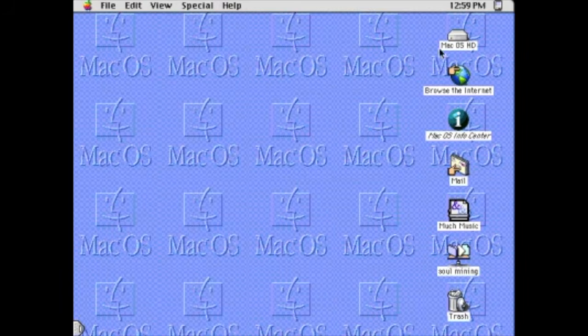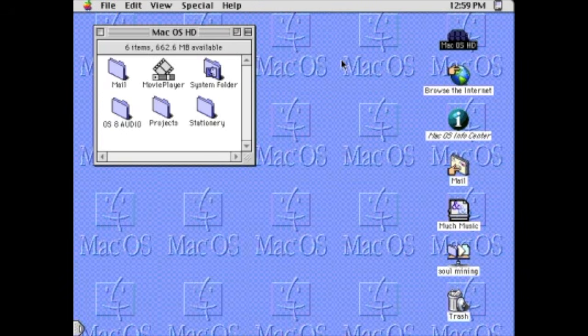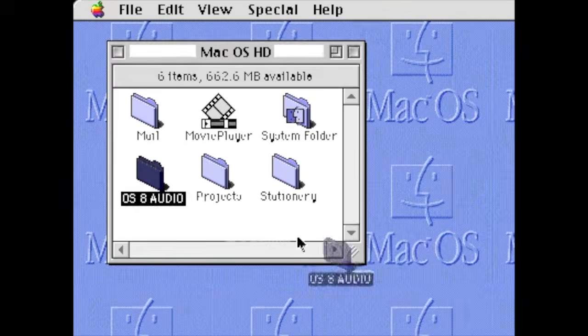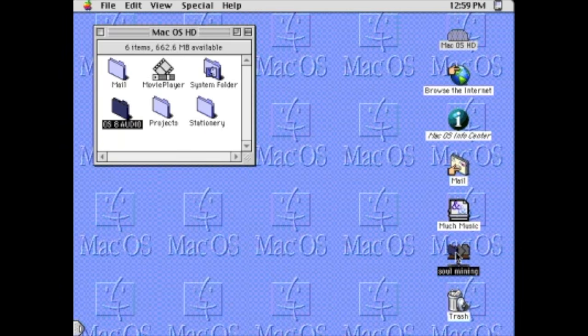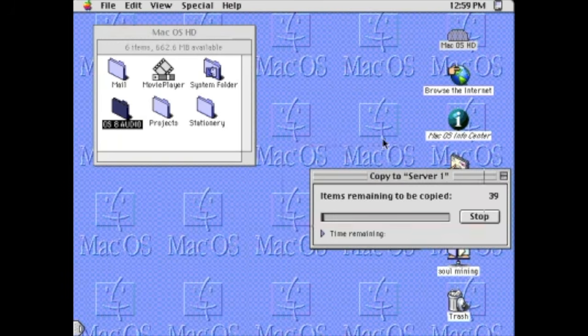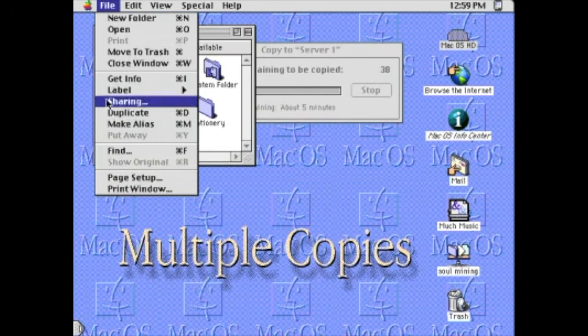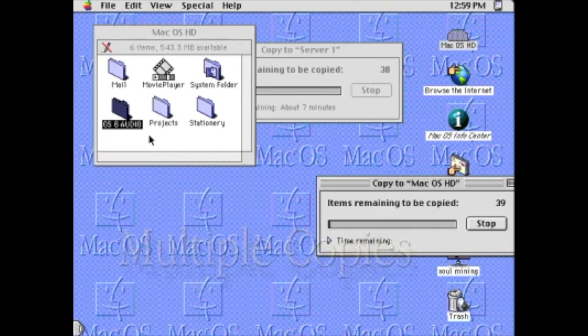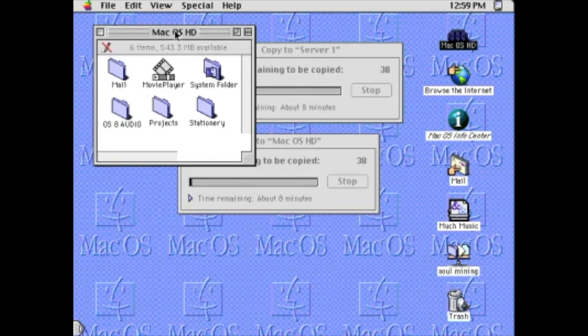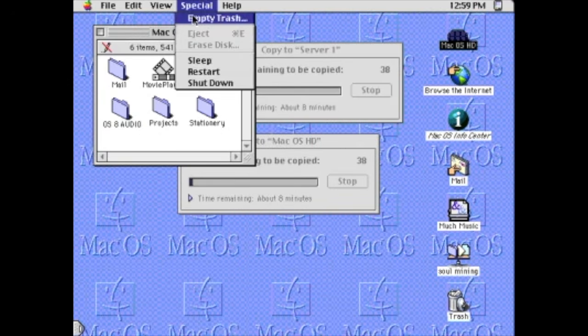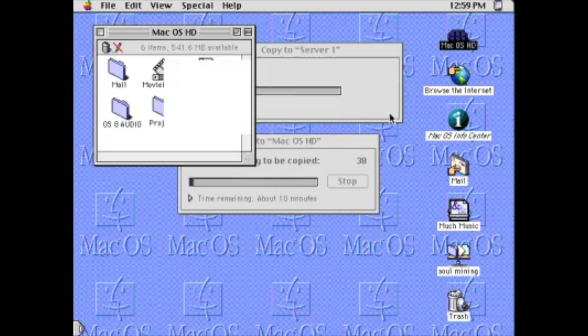With Mac OS 8, you can perform many tasks at the same time while continuing to use your computer. With the multitasking finder in Mac OS 8, you can copy files locally or across the network, duplicate folders, and empty the trash while you continue to launch applications, open files, and organize your information. The performance improvements of the new PowerPC optimized finder are focused on ensuring the system is always completely responsive to